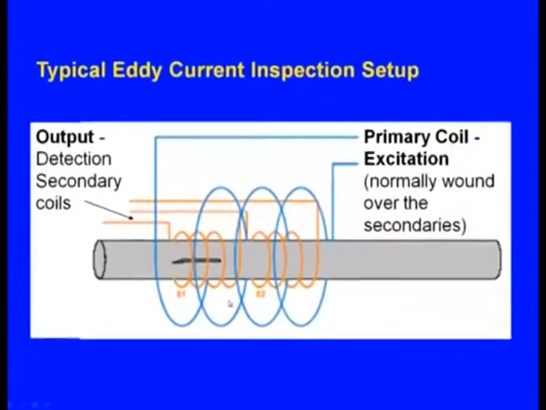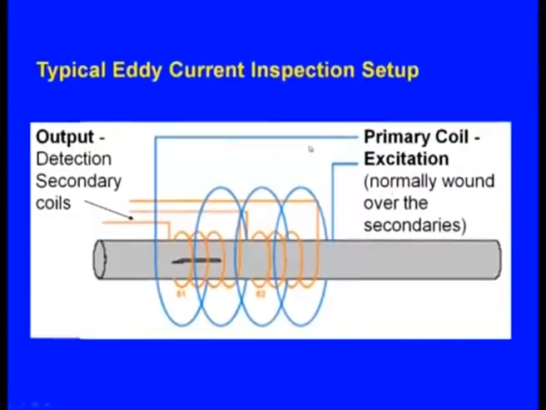Now, how will the defect be examined? Let us assume there is no crack, there is no defect internally in the cast specimen, then what will happen? As we send a certain amount of primary current through the primary coil, a proportionate amount of eddy current will be generated for a sound cast specimen. As long as we change the specimens, as long as there is no defect inside the cast component, the same amount of secondary eddy current has to be generated. So, that is the principle.